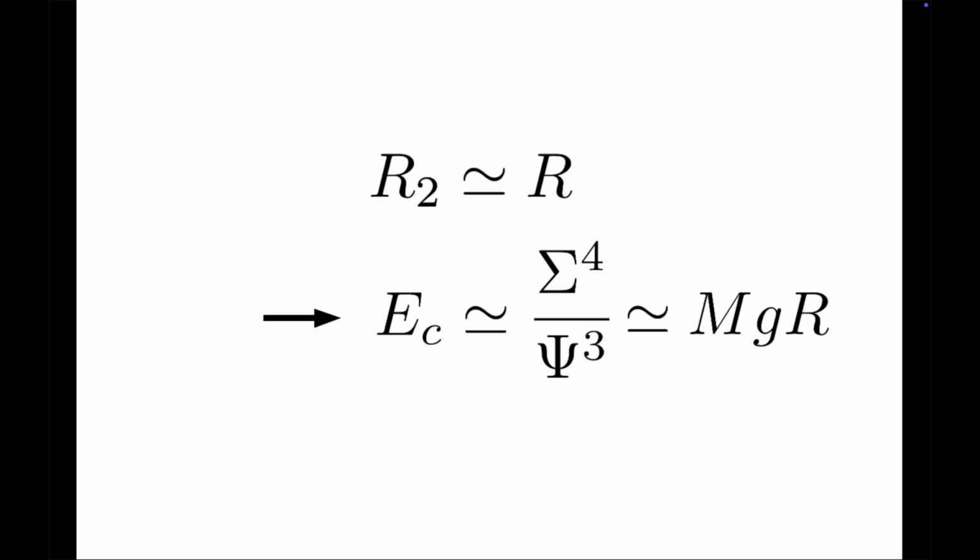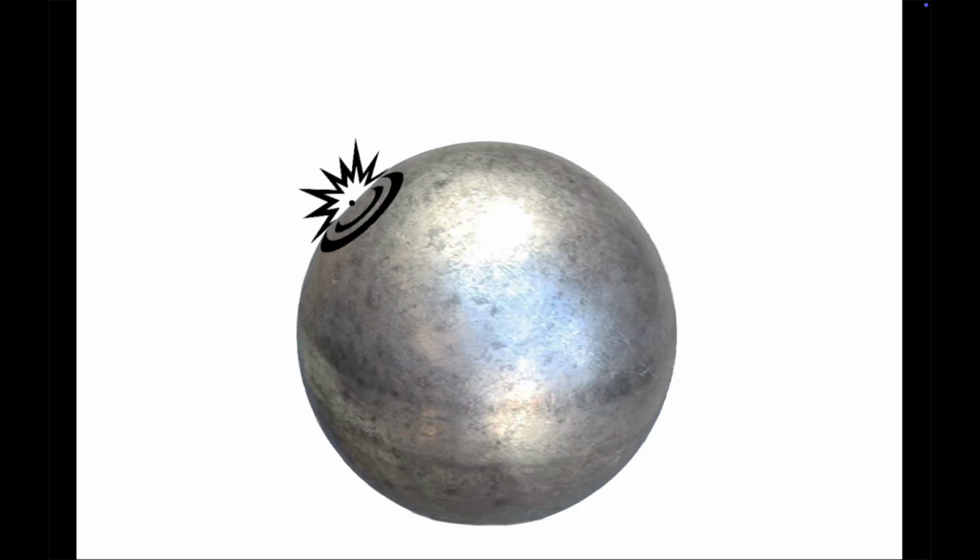For the Earth, this energy is around 10 to the 32nd joules, many orders of magnitude larger than the biggest bombs out there, which are merely in the megaton range. So this critical energy is quite out of reach. But if an unfathomable explosion of this magnitude was to occur, then the planet would be scattered to bits. That makes sense. Now, what if the explosion occurs on the surface?